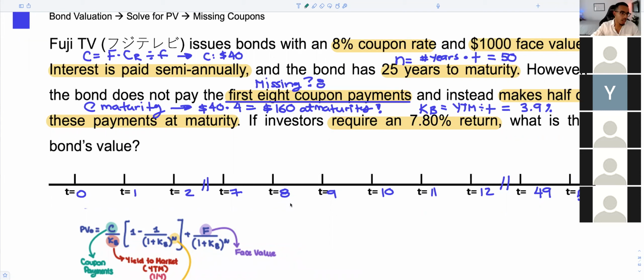It'll be at T equals 9, 100%, right? Because we know that these are essentially representing every 6 months, so twice per year. In this case, we would be at T9. The first payment will occur at T9, the actual effective payment. So we know that we're going to receive $40 as a coupon